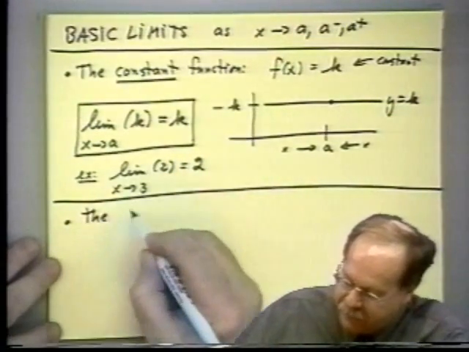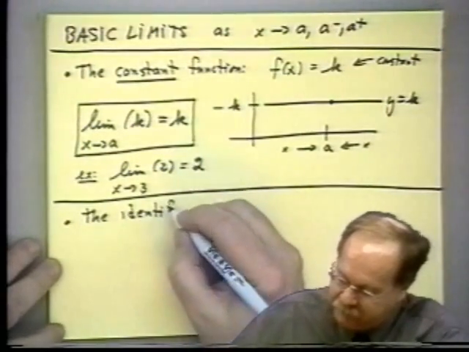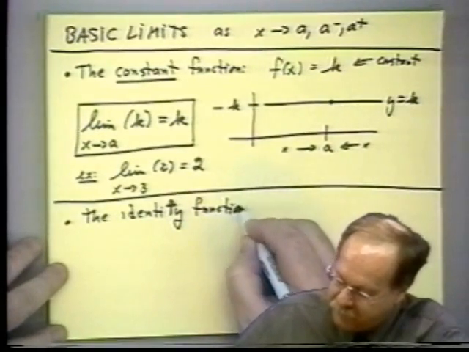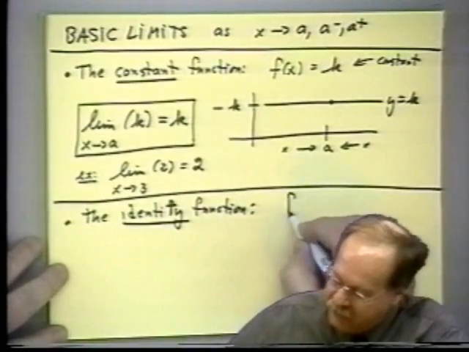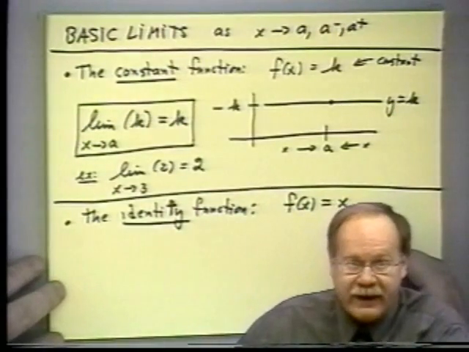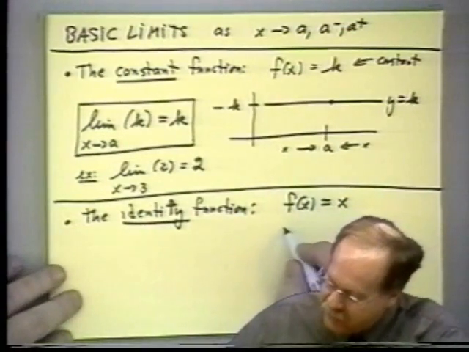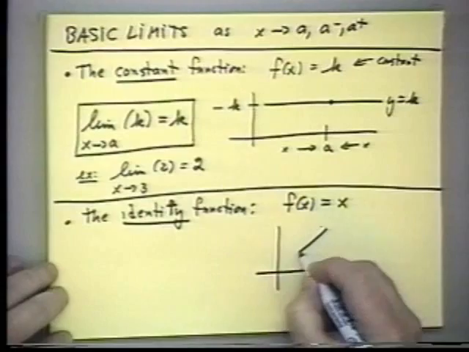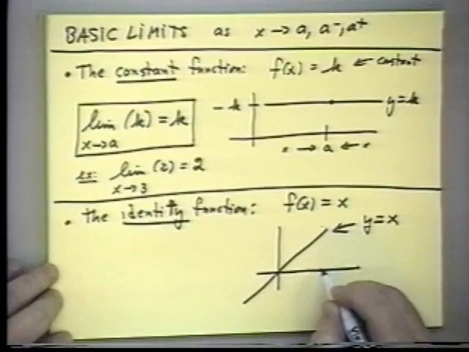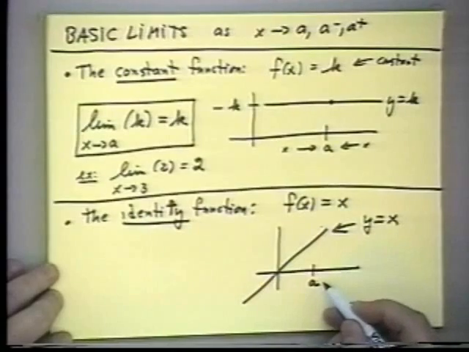Let us go on and look at another very simple function, which is a step above, the identity function. Okay? This is the function f of x equals x. In other words, it's the function that doesn't do anything to x. It simply repeats it, or echoes it, if you like. This also has a very easy graph. It's simply the 45-degree line. Because if f of x equals x, that can be interpreted as y equals x, and that's a line that everyone knows. And if we are interested now in the limit as x approaches a,